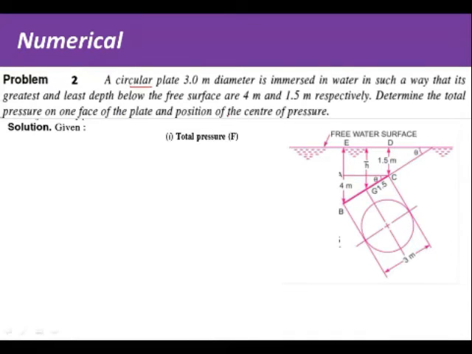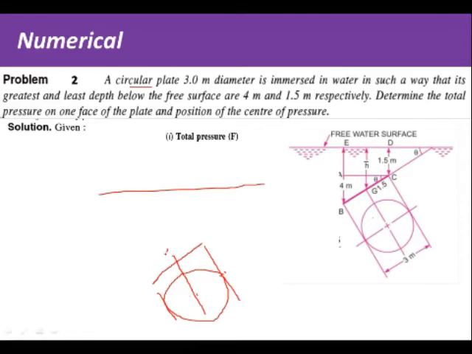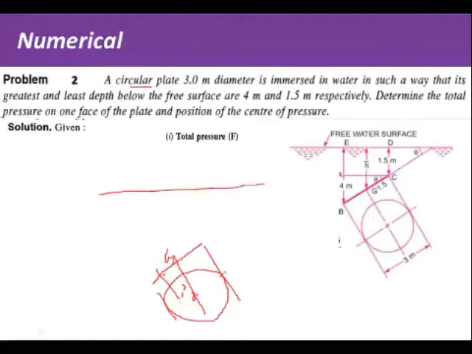Okay, so there is a circular plate. You can see here, or I am redrawing here. This is a circular plate. If you see the cross section in auxiliary view, it is a circular plate like this. For this circular plate, the CG lies at the center. So this is point G, and center of pressure P will be lying somewhere here. So you can say this is point P.